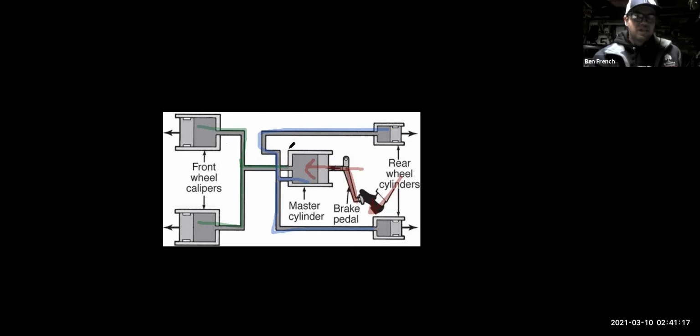Now, the ratio of the size of the master cylinder piston and the size of the pistons in the front brake calipers and rear wheel cylinders is a big deal, because the size of those things controls whether we multiply the pressure of our foot, keep the pressure the same, or make it go down. There's a whole formula to figure this out, and we can basically multiply the amount of pressure we're pressing with our foot many times over by using this hydraulic system. It's the force, area, pressure formula,